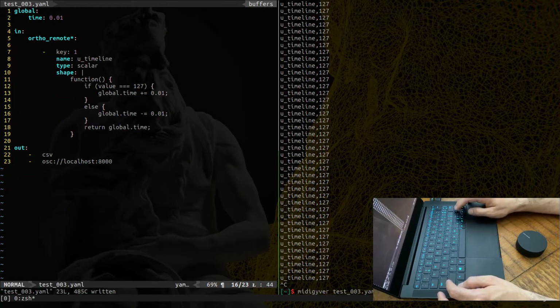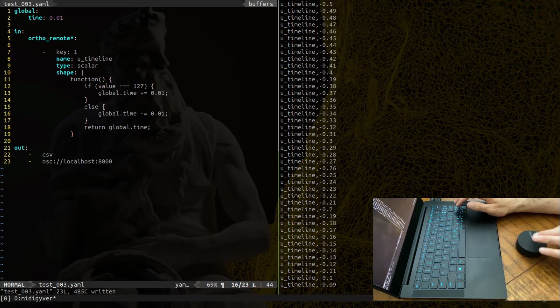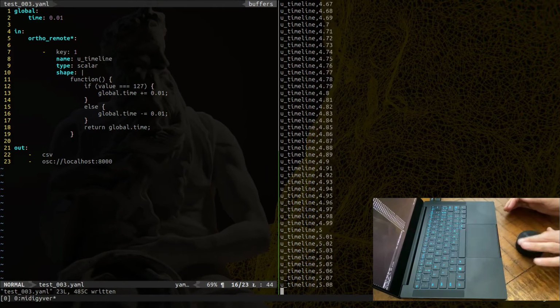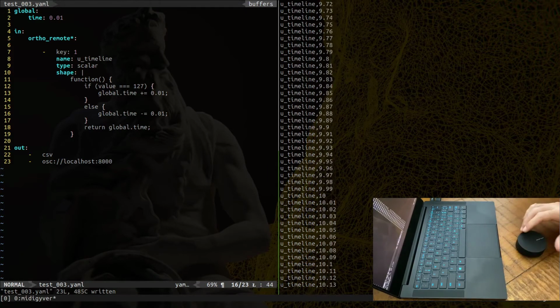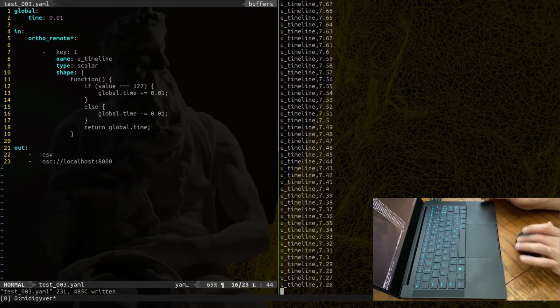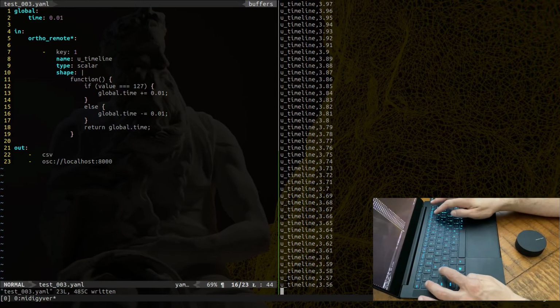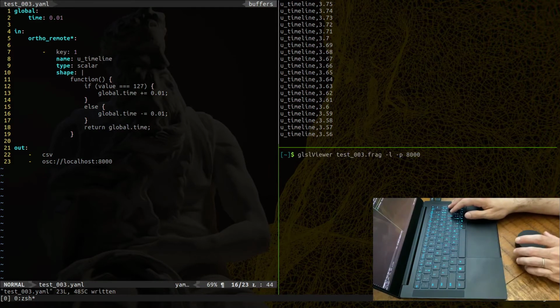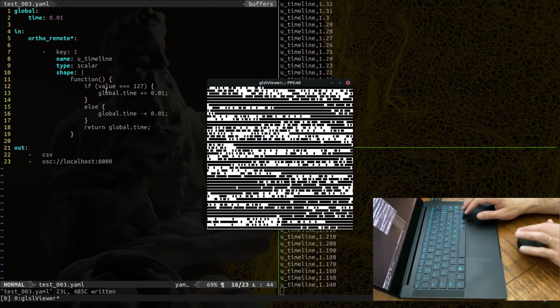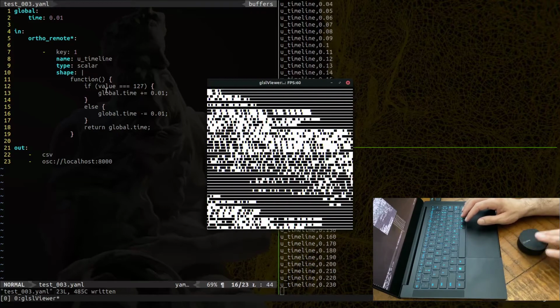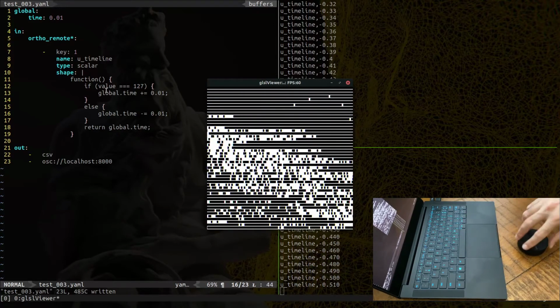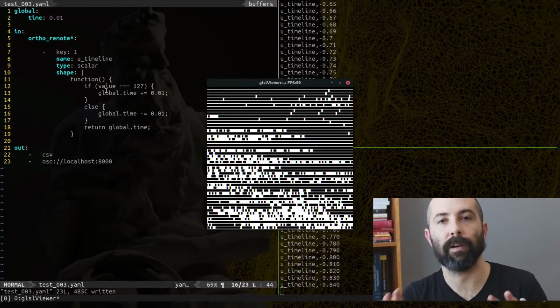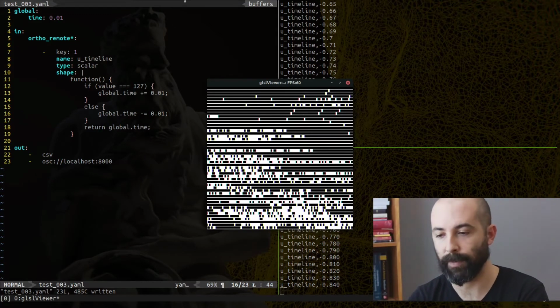Let's run this code, and you can see that it starts in 1, and then when it's driving this float, basically I can keep spinning forever, and if I do it the other way, it goes back. So we got it. First thing accomplished. Let's just for fun run GLSL viewer with this test frac number 3, and we should be able to animate it one direction, another direction. So far we're basically reusing all what we have learned up to here. This is where the new stuff comes. Let's exit